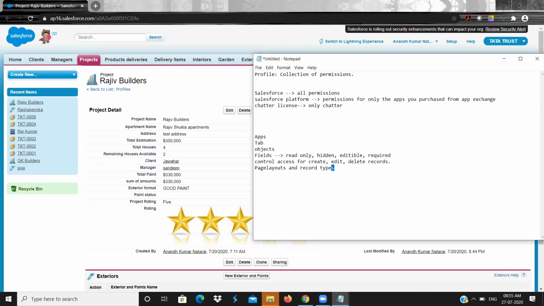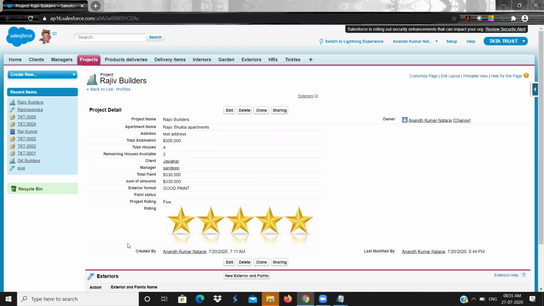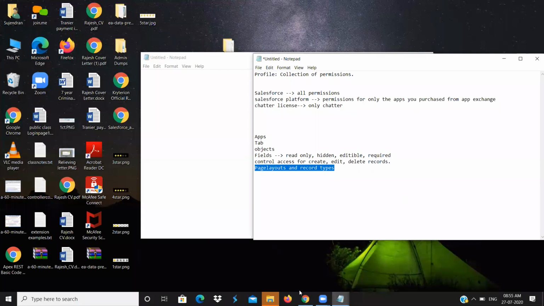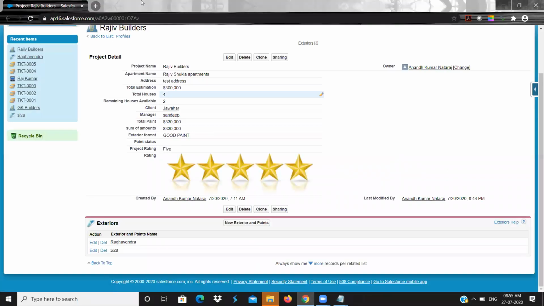So it also has access to control the page layouts and record types. If we are talking about page layouts and record types, it also includes the related list as well. Okay. So these are all the things that profile can control.